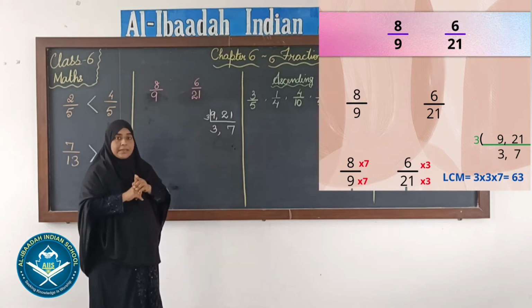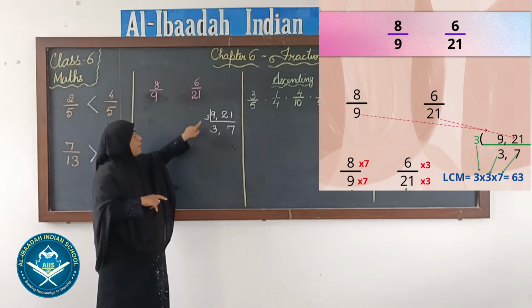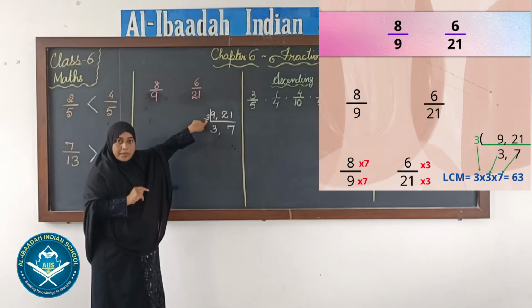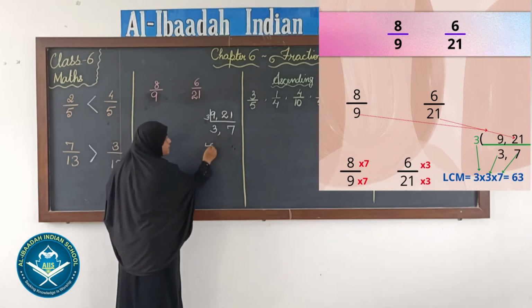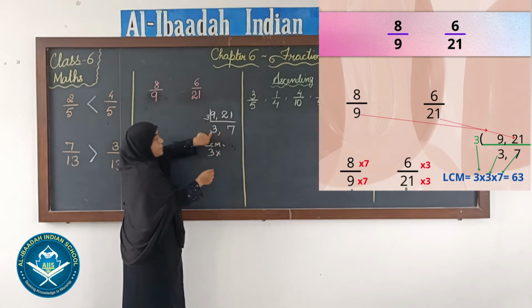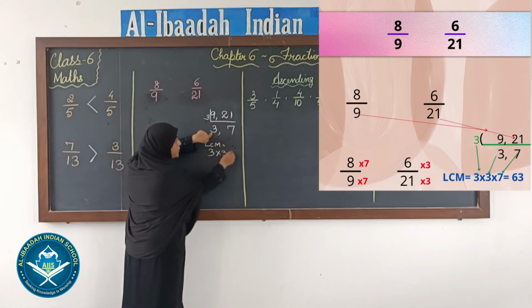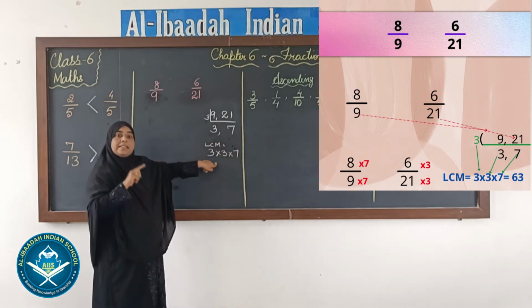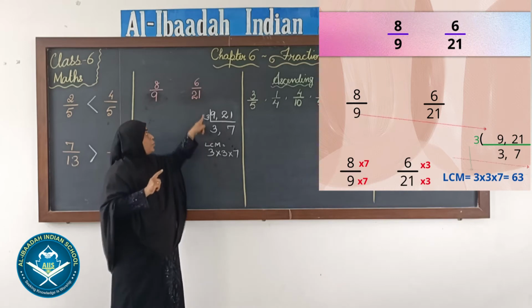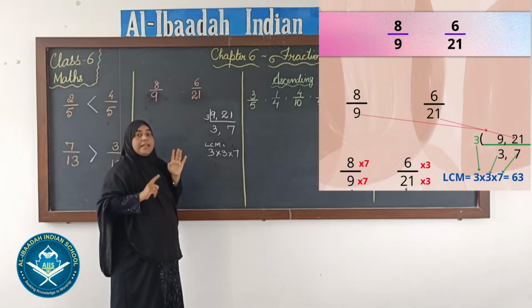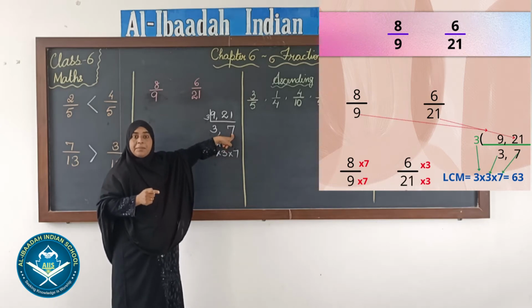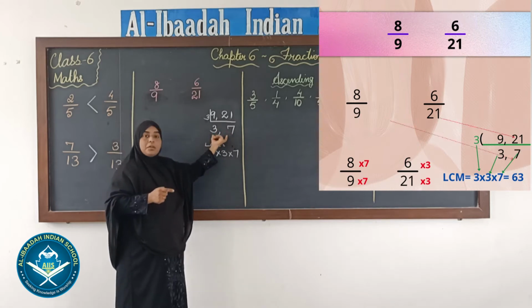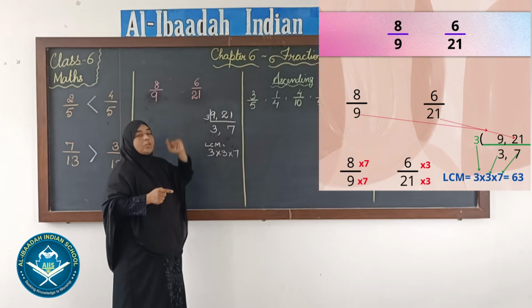Now here in LCM, when we do the multiplication, we have to multiply the common factor and these numbers also. So when we find the LCM, we will add these prime numbers that are left, these also you have to multiply. See, this is the difference between HCF and LCM. In HCF, we were only taking the common factor. But in LCM, we will also take these leftover numbers, the prime numbers that we get at the end. We have to multiply these numbers along with the common factor.